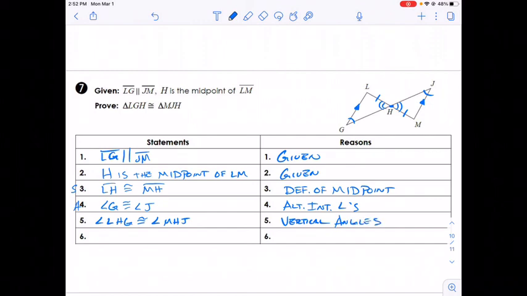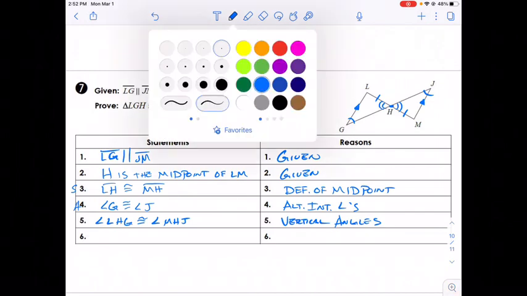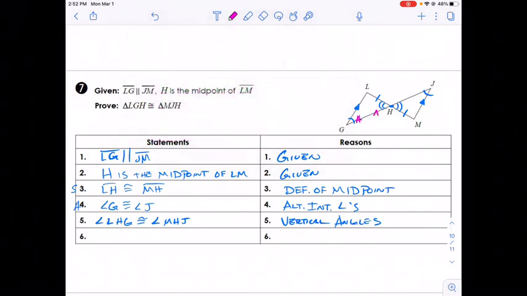Okay, so that gives us this angle here. So if we look at this here, we have angle, angle, and a side congruent to angle, angle, and a side. So we have proved our triangles are congruent. So now we can say that triangle LGH is congruent to triangle MJH. And our reason here is going to be angle, angle, side. Now, we could have let angle L be congruent to angle M because of alternate interior angles,